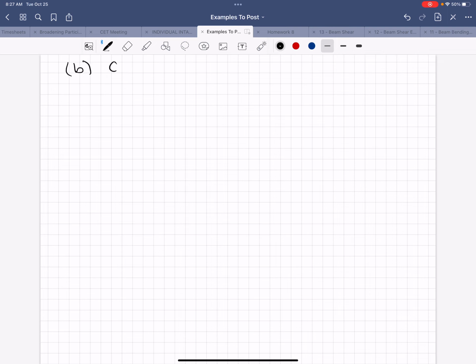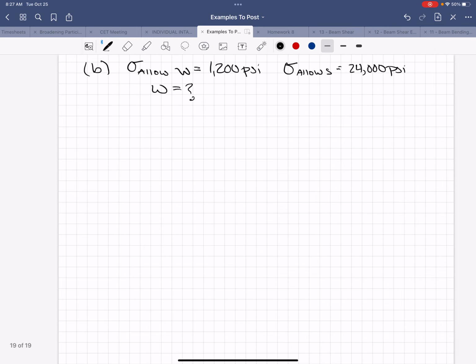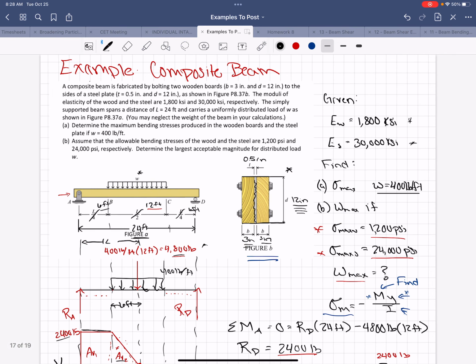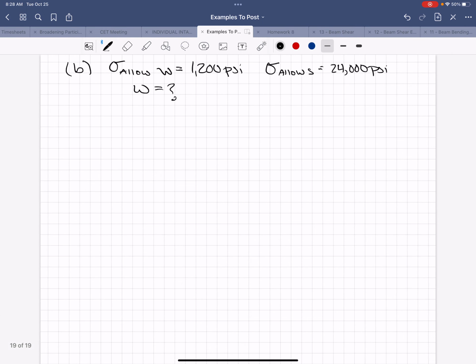We have sigma allow of the wood equals 1200 psi. We have sigma allow of the steel equals 24,000 psi, and we're supposed to find what that distributed load equals using these two limit